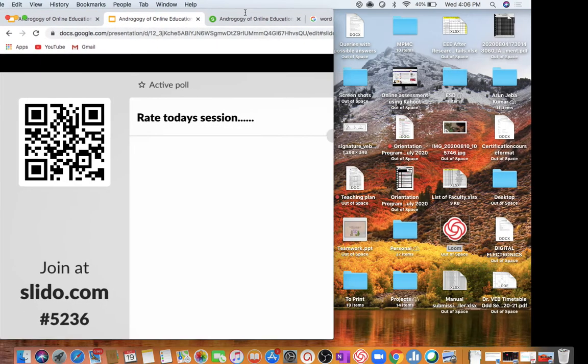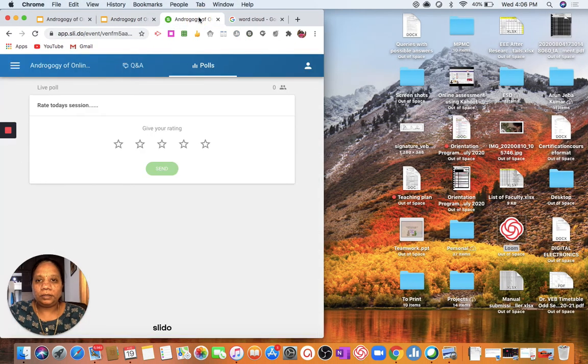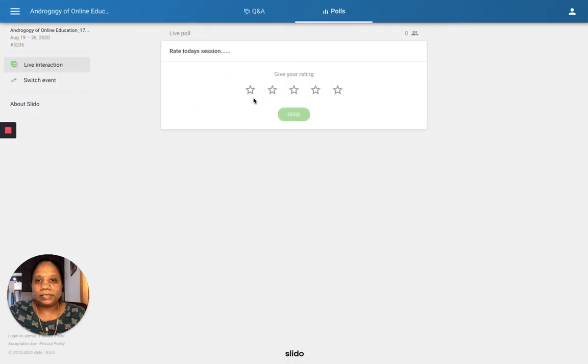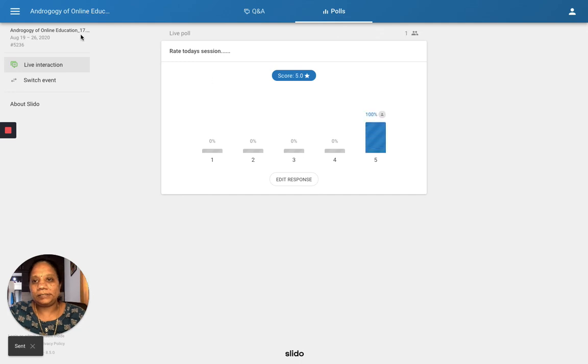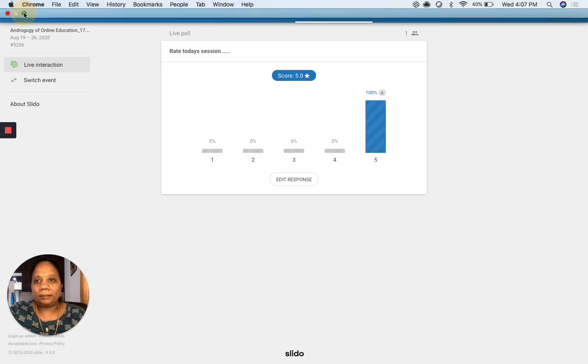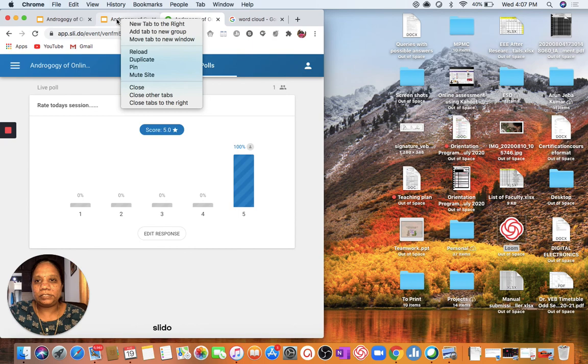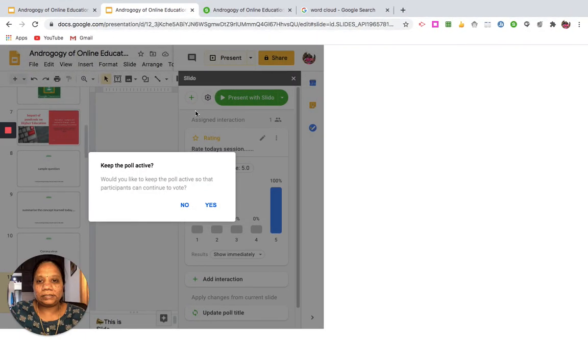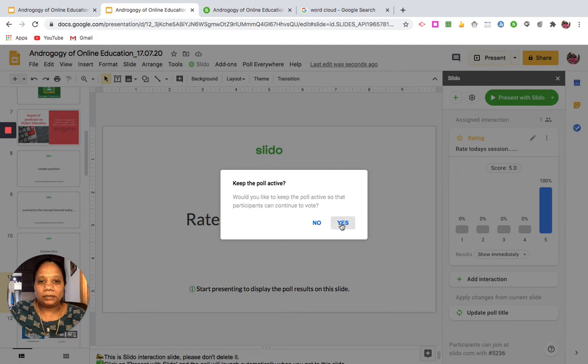Okay, so let me go back to the student account, and you can see here automatically the rating appears like this. It says rate today's session. Suppose I give a 5 scale rating. Okay, it was a fantastic session. So I will just send it, and automatically when I come back and view it from the teacher's account, you can see that the rating given by that particular student appears here.